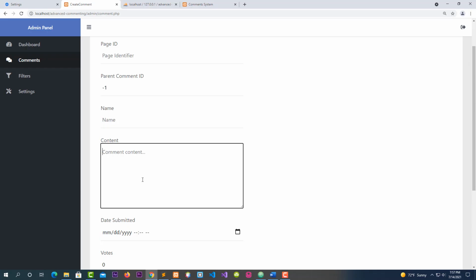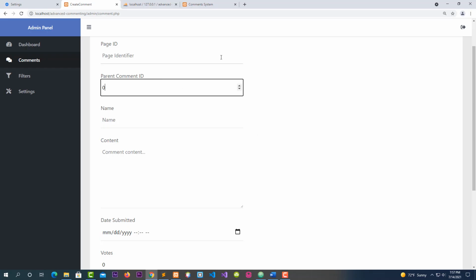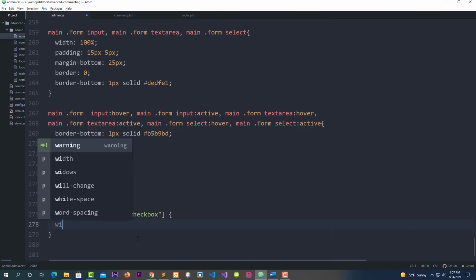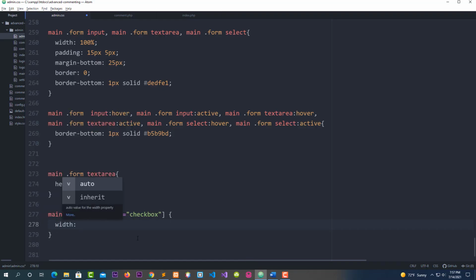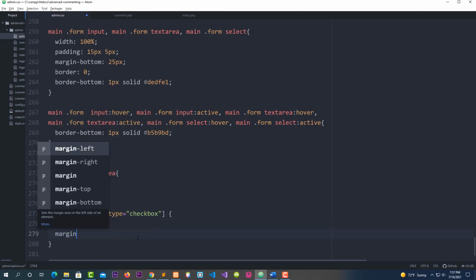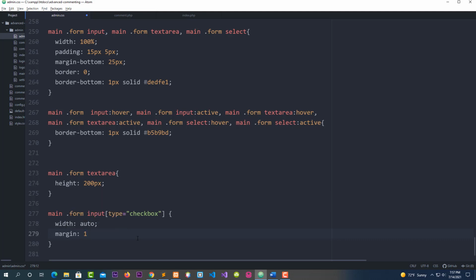Input checkbox, all of my checkboxes, and I need a width of auto, and I need a margin of 15 pixels